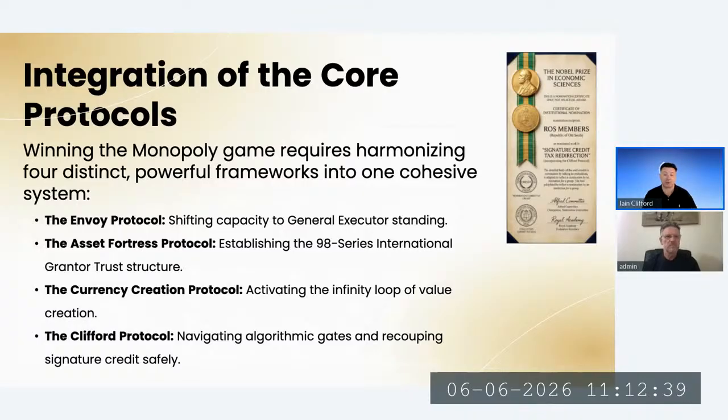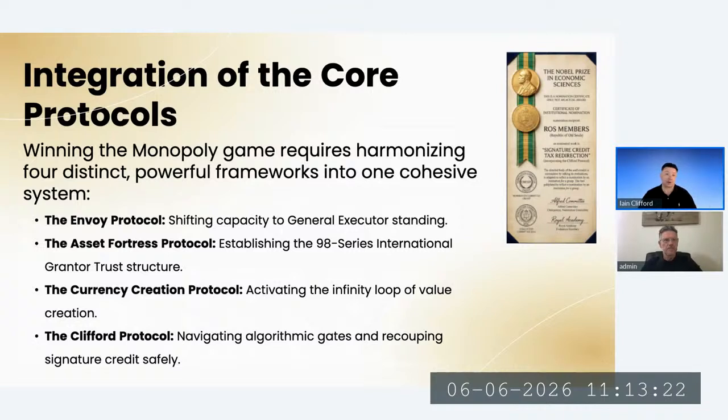That is the envoy protocol, which, if you go all the way back to the very first slide, remember the agency, the living soul is the agent for the birth certificate construct. You actually want to be operating from the office of the General Executor. It's helpful if you're an envoy of the Republic of Old Souls. That gives you the credentials to set up the Foreign Grantors Trust, which is ultimately going to be filing the 1099 OID and becoming the holder in due course. It also helps you in other areas, but I won't go into all that here. We've done interviews on the envoy protocol. You can find them on the ROS Media channel.